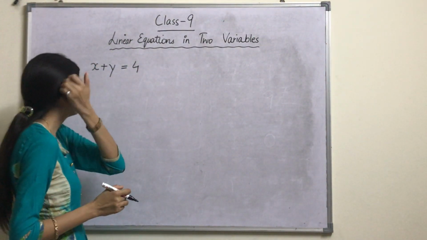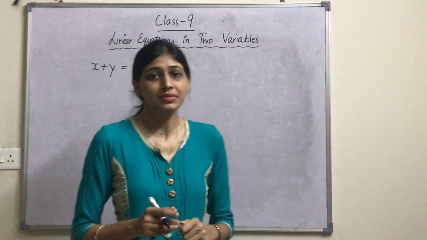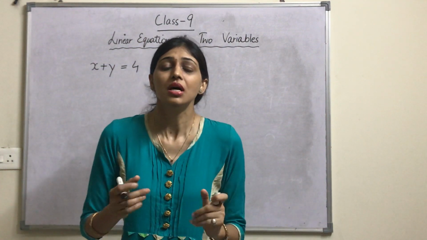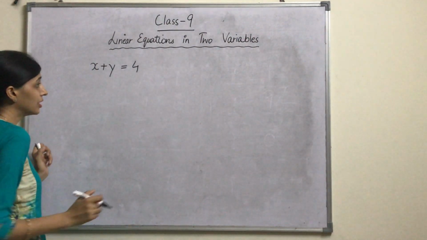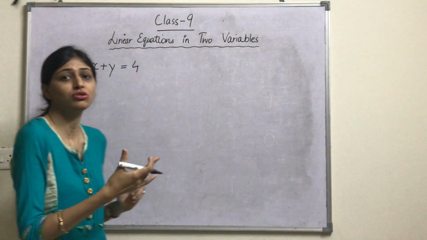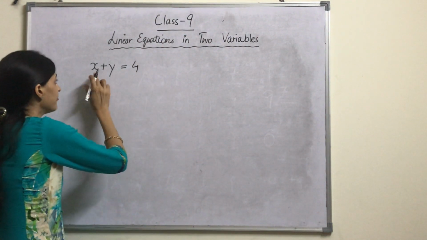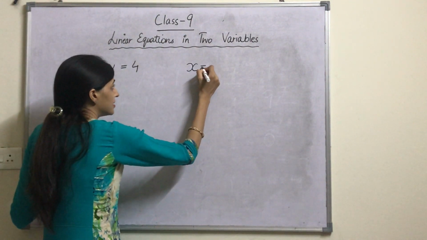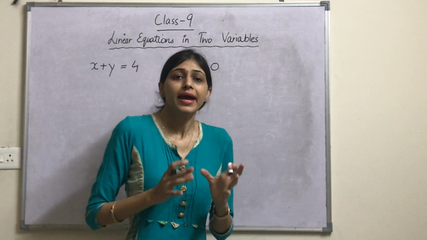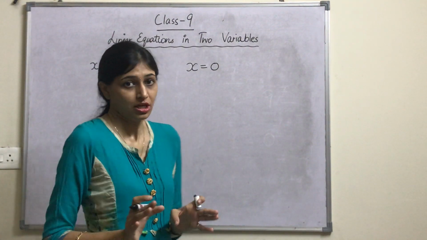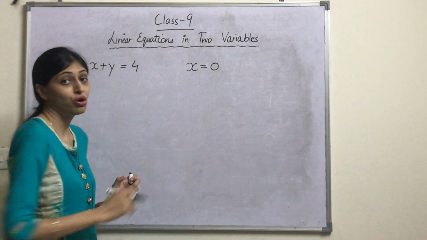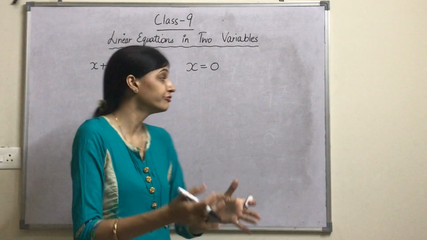How do you make a graph? Whenever this type of question comes, first you have to plot the points. You have to find out the points. And how do you find the points? Put different values of x to get different values of y. For example, you can put any value but try to take x and y as 0 once, so that we are able to know how the graph line will go.